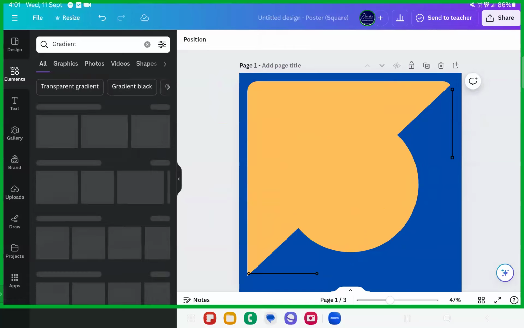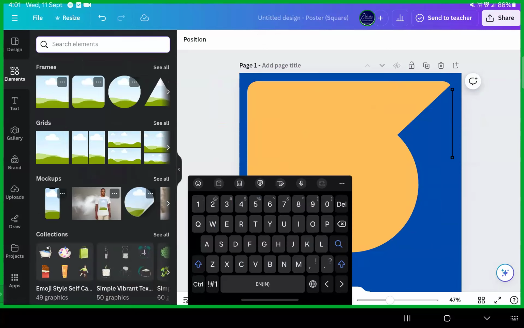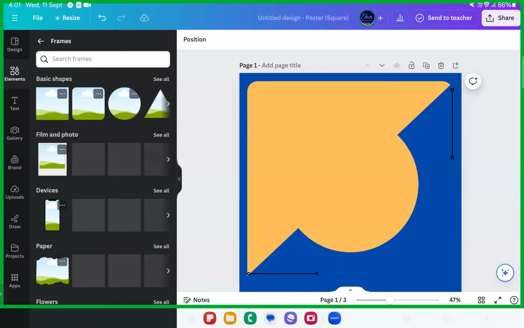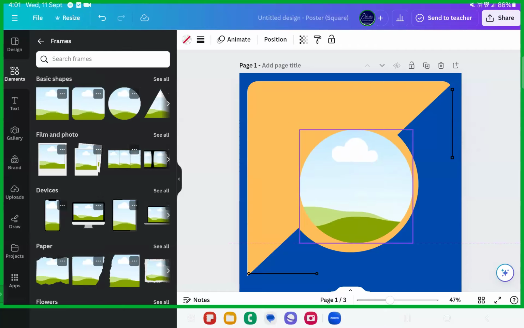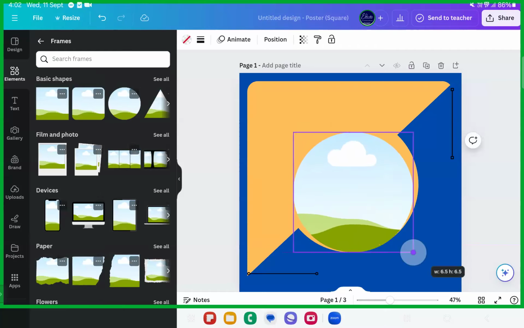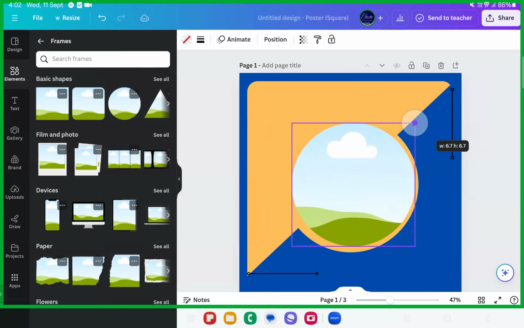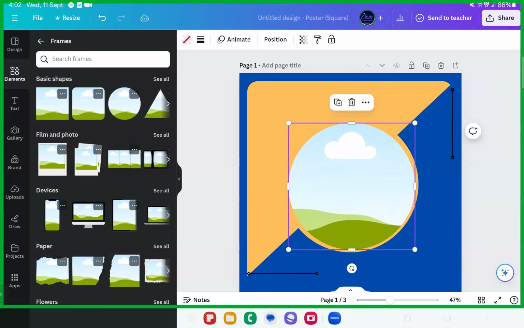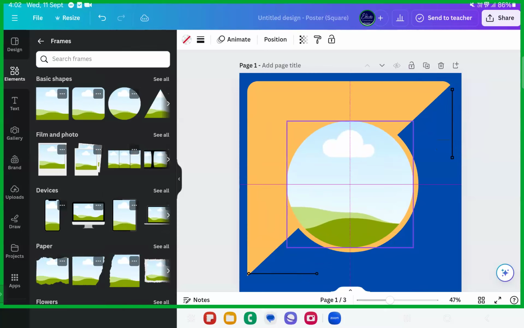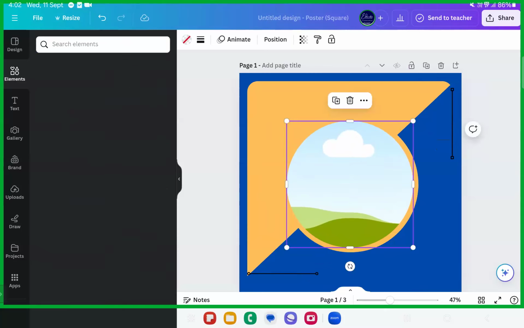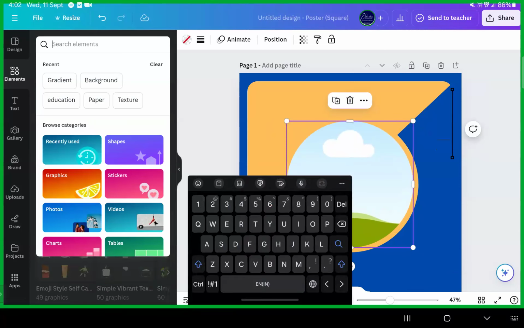Again, I'll go ahead with the frames. I'll close this up. See, in the frames, you have different categories. Okay, you want the circle now. I'll place this circle over here, in the center. Now, if I want to put any image inside this, if I want to make the image in a circular pattern, only then I use the frames. Remember that. For example, if I want to place any holographic image,